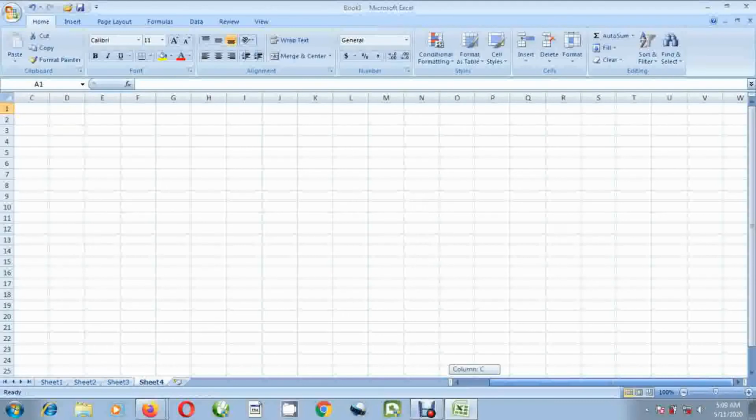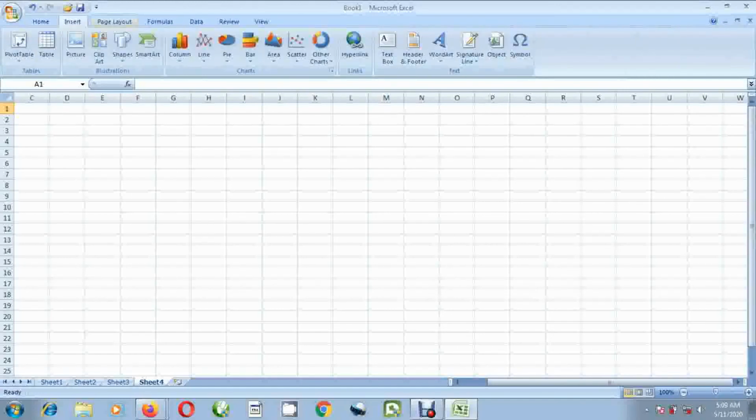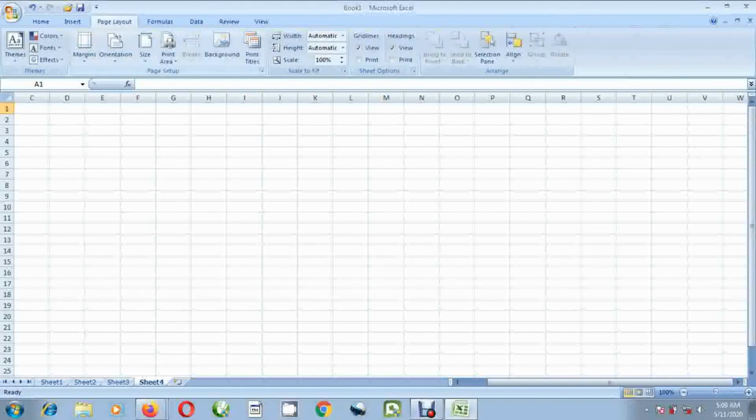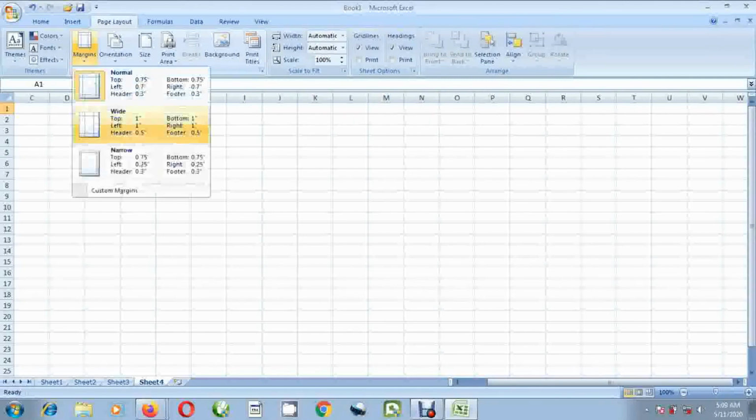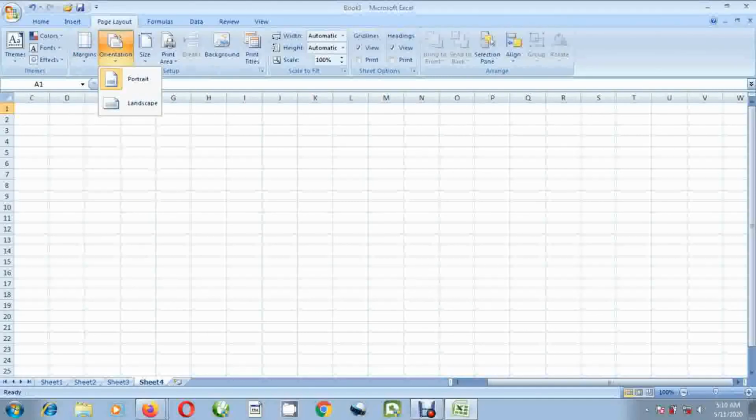So now you check under page layout. The first thing you need to do whenever you want to type in Excel is set up your page. So you go to the menu bar where you have the page layout, home and start page layout. Once you click on page layout, you click on the margin. Margin is margin, orientation, size. Size is the size of the paper you want to work on. Orientation is, maybe the paper is landscape